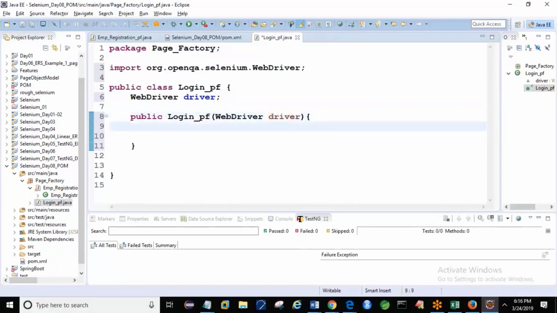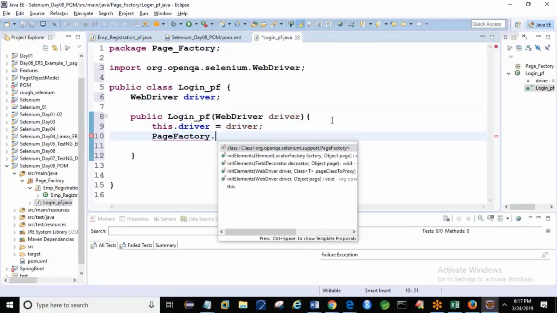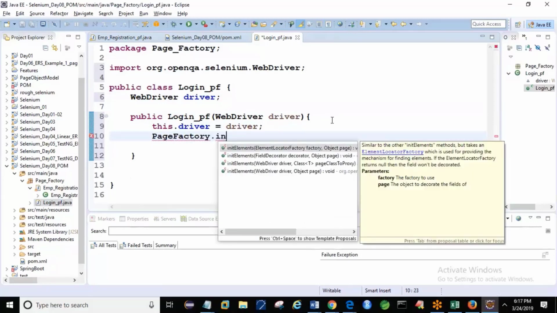this.driver equal to driver. You should know what line number 9 is. Because after WebDriver, after the parentheses, there are two drivers, but they are different. Right? When two have the same name, this indicates which one is which. Right? In element